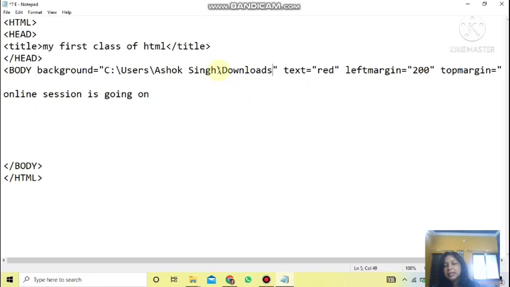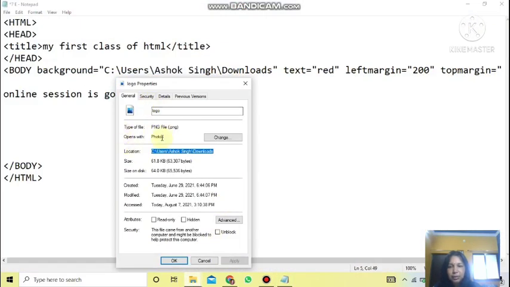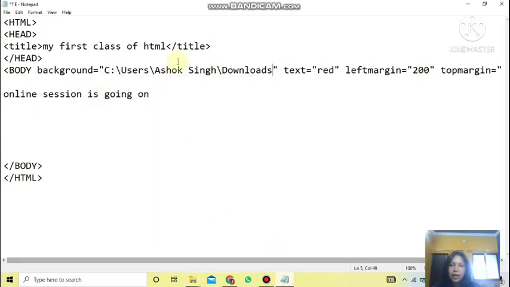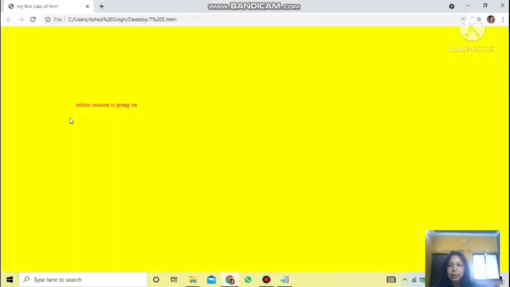Once you have pasted it, this is the location, but the actual name of the file is not there. So for that, again go to Windows Explorer, and there you will see the name of the file is logo, and the extension of the file is PNG. Both things should be written. So go to notepad, and there put, like here slashes are there, the same type of slash you will use. Logo dot, what is the extension? PNG. After this you save. So this is the complete value for the background attribute. Now save it and refresh the page.